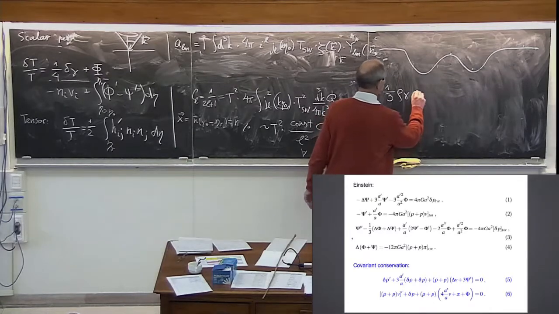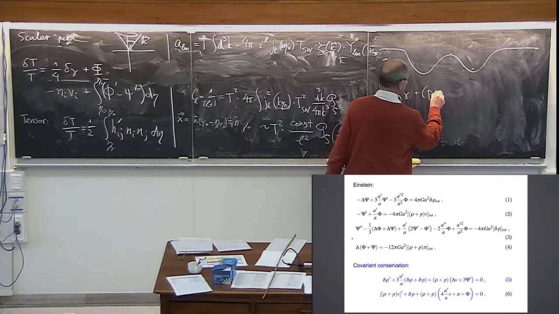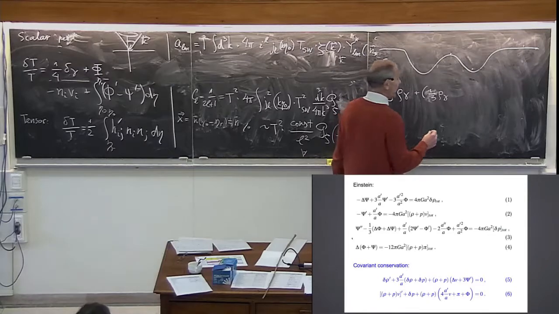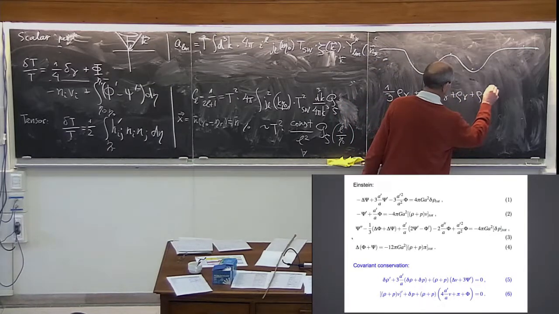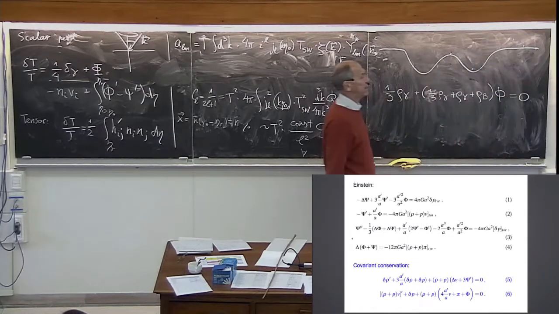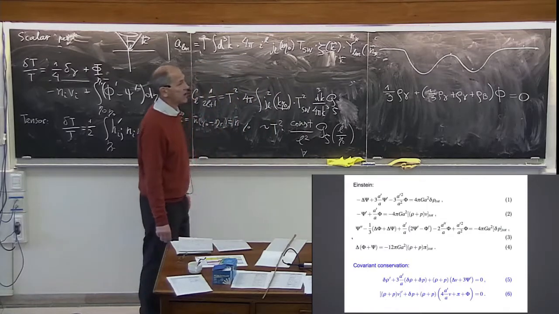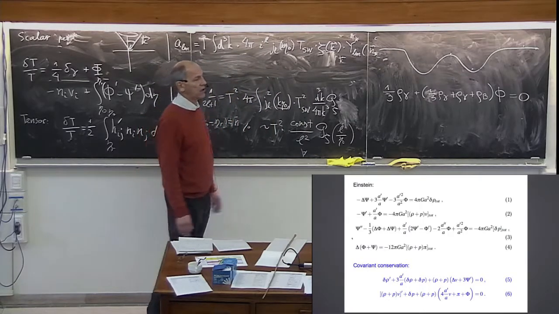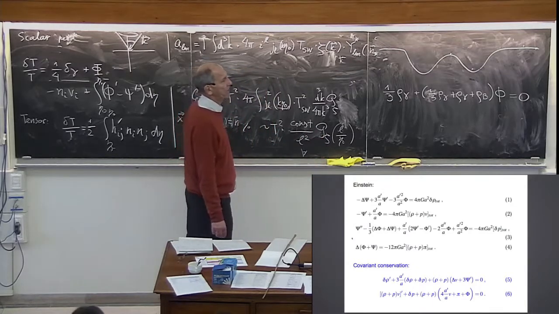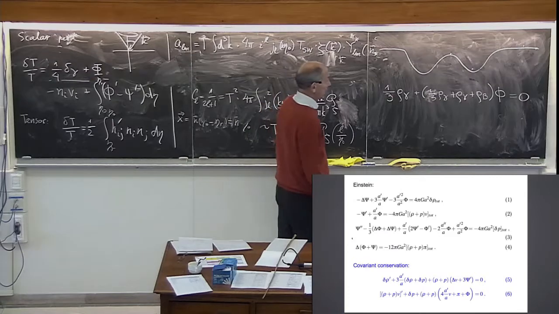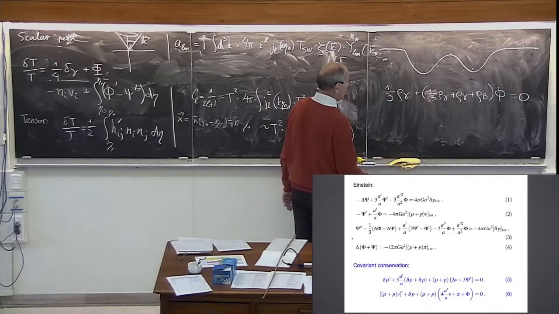So what we have here is plus P plus rho, which is P gamma, 1/3 of rho gamma, plus rho, and rho is rho gamma plus rho baryons, times phi equals 0. Okay? That's our conservation equation for a static potential, no velocity, no anisotropic stress here. Okay? That's it, because then